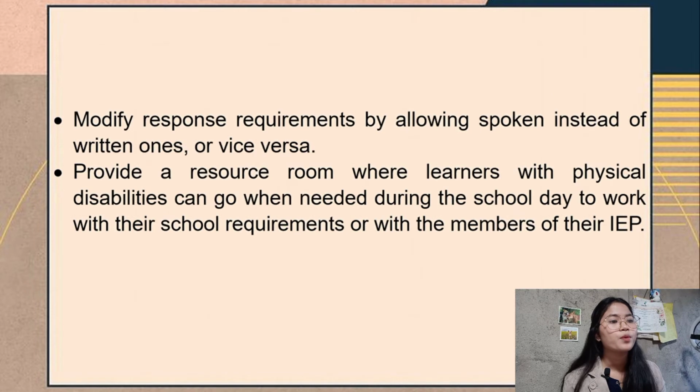Number 6, modify response requirements by allowing spoken instead of written ones, or vice versa. Since we are talking about the students with difficulty in walking and moving, this method is preferable since there are students who have difficulty writing and even holding a pen. Last, provide a resource room